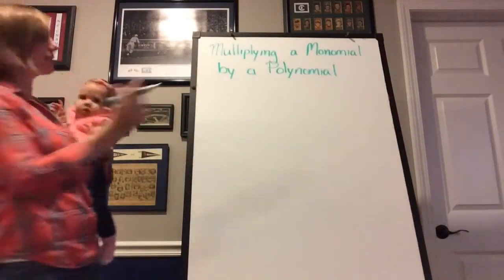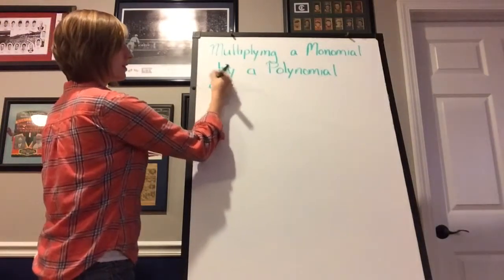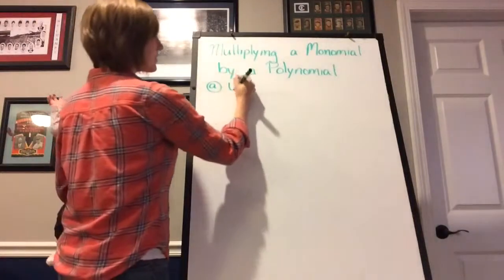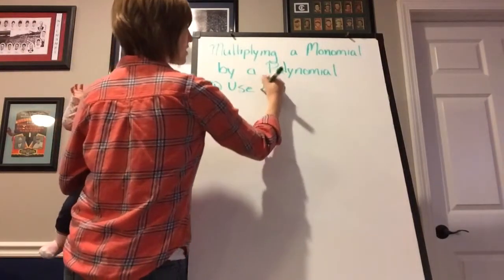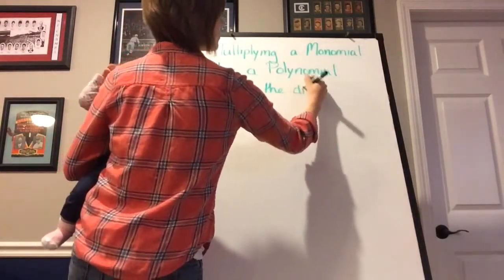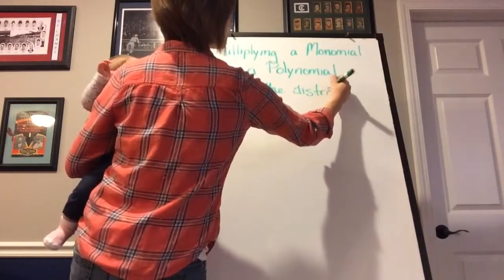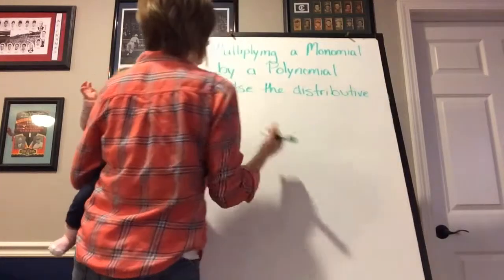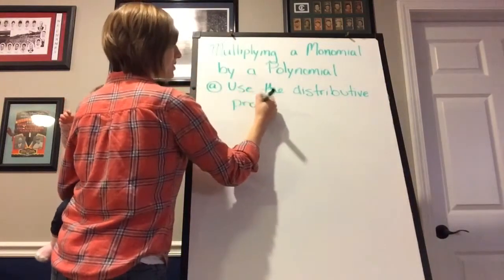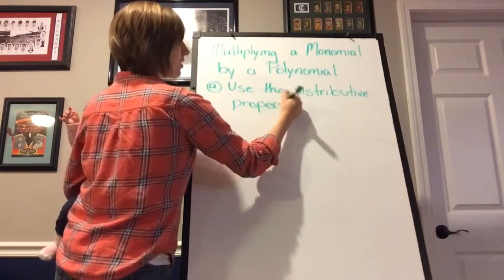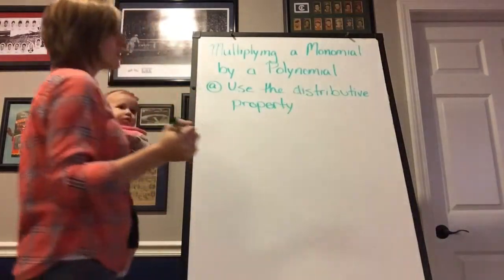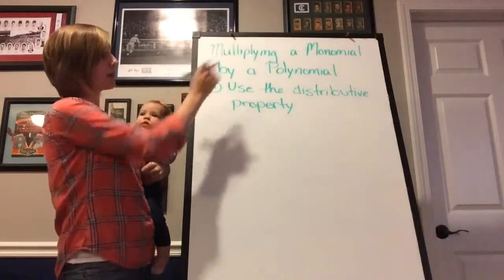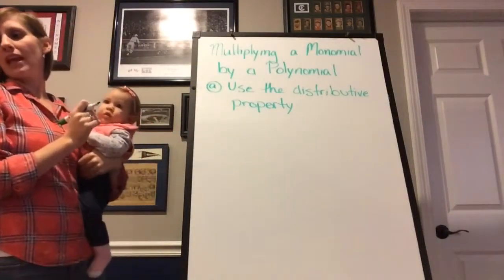Our three steps. We have A, our first step. We are going to be using the distributive property. If you do not remember the distributive property, there is a lesson on that, a previous lesson. You can go ahead and review the distributive property there. So first we're going to use the distributive property to multiply a monomial by a polynomial. After that,